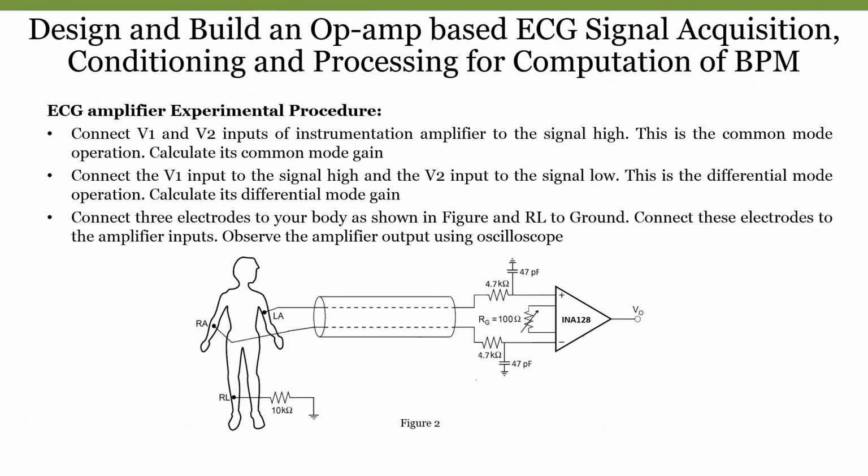So, we will go one by one. As I already discussed, how do I do the ECG amplification? We will take an instrumentation amplifier. In this case I am taking INA 128, which is also an instrumentation amplifier. The positive terminal is connected to one voltage source and the negative terminal is connected to another voltage source. One is connected to the positive terminal of the instrumentation amplifier, and the other to the other terminal. The difference between these two signals gives me the output voltage.